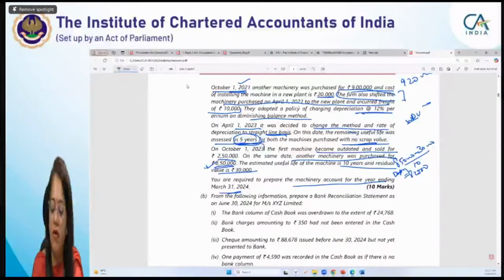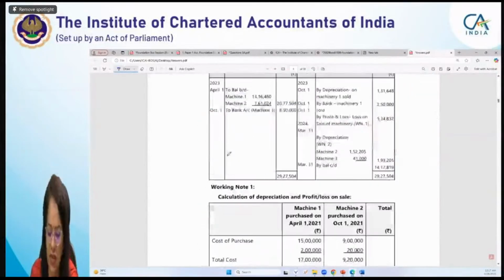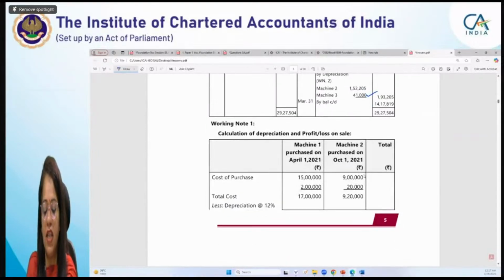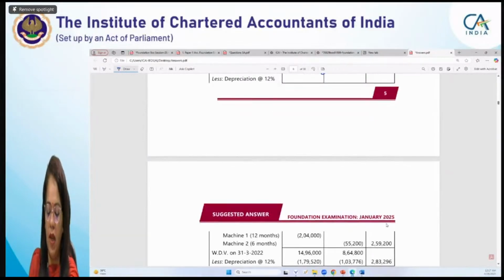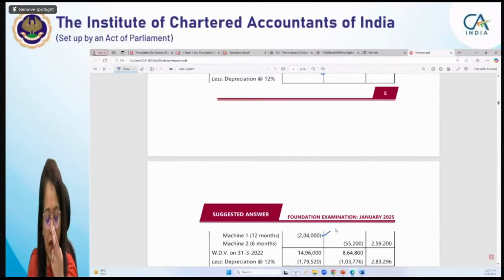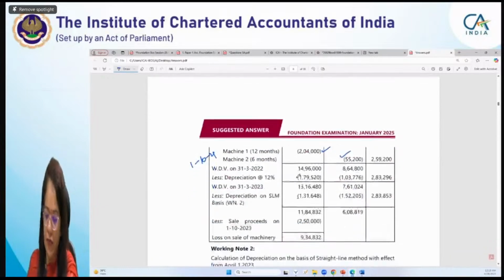हमने मशीन खरीदी है 1 अक्टूबर 2023। तो 82,000 हमारे को 6 मंथ्स की निकालनी है, इंटू 6/12। तो इनकी डेप्रिसिएशन निकल जाएगी 41,000। ऑलराइट, अब देखें हम लास्ट, ये इसकी मशीन सी, मशीनरी 3 इज फॉर 41,000। ओके, तो आपने देखिए फर्स्ट मशीनरी हमने खरीदी 15 लाख प्लस 2 लाख, 17 लाख। सेकेंड मशीनरी इज फॉर 9,20,000। पहली मशीनरी पे हमारी पूरे 12 मंथ्स की डेप्रिसिएशन लगेगी, एंड फॉर द सेकेंड मशीनरी ओनली 6 मंथ डेप्रिसिएशन है, बिकॉज इट वॉज परचेज ऑन 1 अक्टूबर 2021।